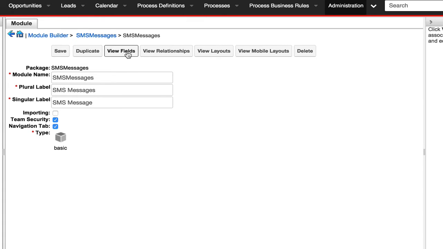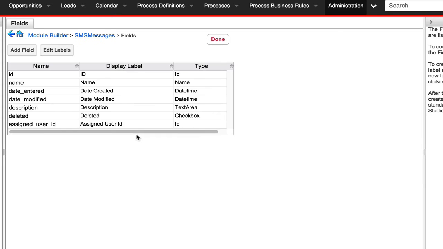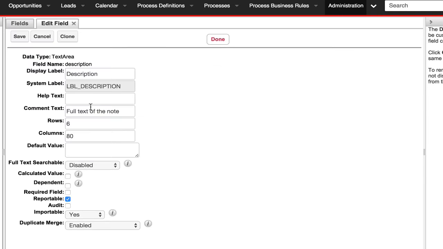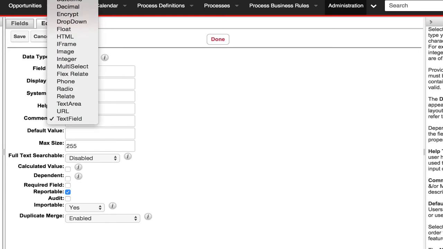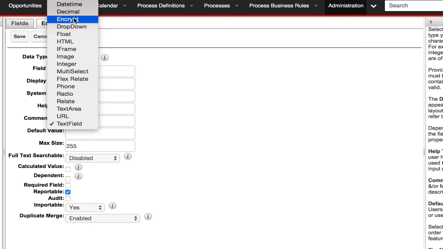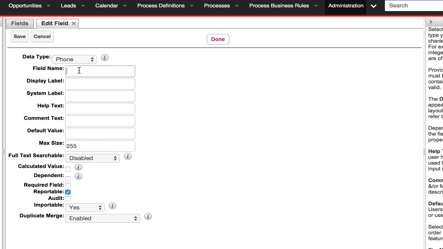I reviewed all of the API documentation, so I have some important things that I know I need to add to this module. So the first thing I want to do is change my description to be called a message, so the users have the ability to create a message. And I know I have some new fields I need to add. I need to know who I'm sending a message to, which is going to be a phone number. So I'm going to call it a phone field, and it is the phone